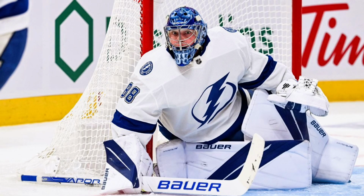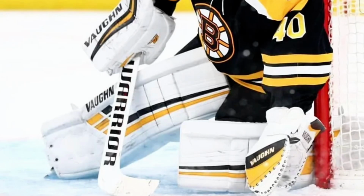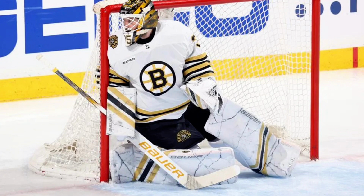The upper body will lean into the post with the intention to cover as much net as possible. Remember the toe lock, post between the pad and the toe of your skate. Think about where your toe ties are. They should hit the post. Sometimes you can do skate to post or even shin to post, but in my opinion, those are inferior options that you only resort to when you can't nail the toe lock. Lean tall, take up as much net as you can while still being able to move if you need to